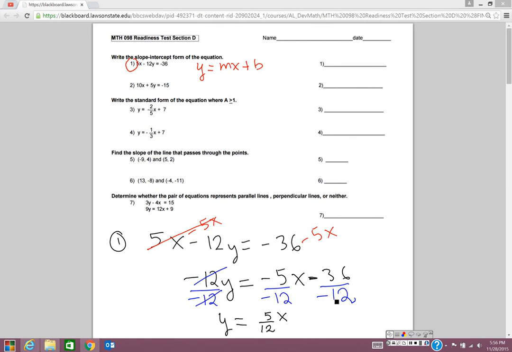Alright, negative 36 divided by negative 12 is plus 3, since 36 is divisible by 12. So what we have is y equals 5/12 x plus 3. So that's all you have to do, because all it asked us to do was write the slope-intercept form of the equation. Make sure you are reading the instructions carefully and you are actually doing what the instructions tell you to do. Alright, next